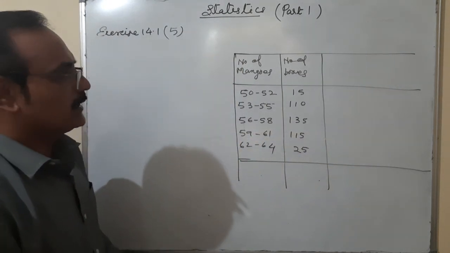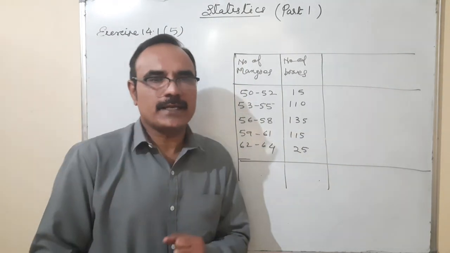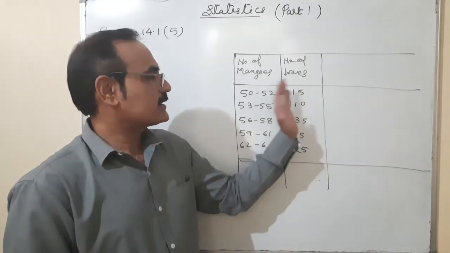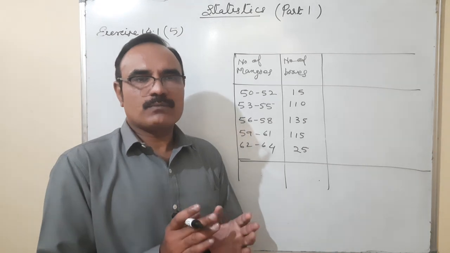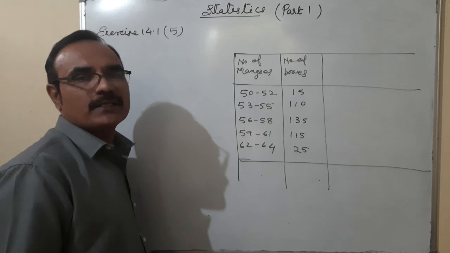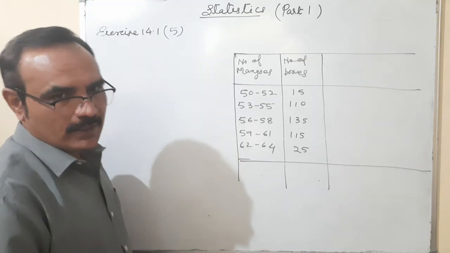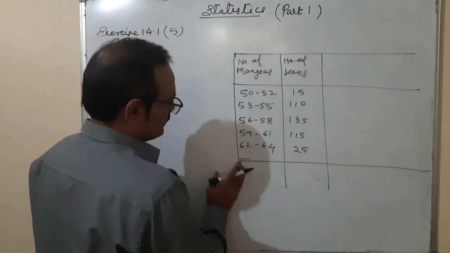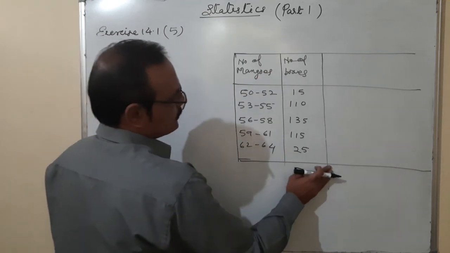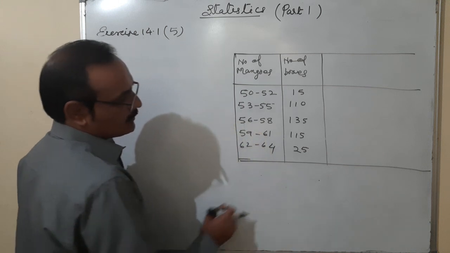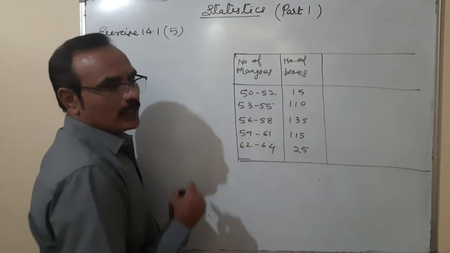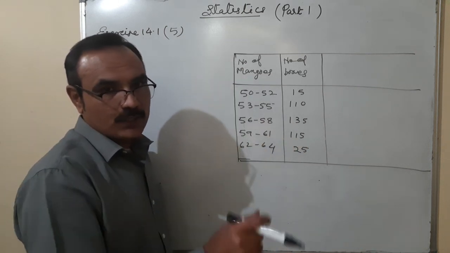Mean number of mangoes kept in a box. Which method are we using? We are not using the direct method here because the data xi, fi will not be smaller, simpler numbers. They are difficult, bigger numbers. So we are using other methods like the step deviation method or assumed mean method. But before that, you will see the class interval, Ci. Generally, the upper limit of the first class interval will be equal to the lower limit of the second class interval. That is called continued class interval.